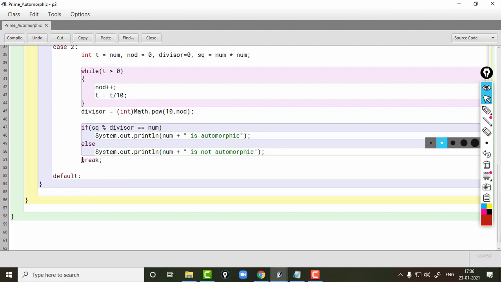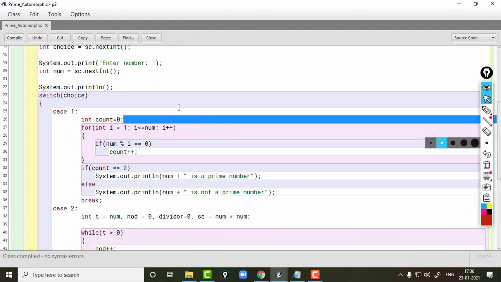And if the user's choice is anything other than 1 and 2, I'll display invalid choice.